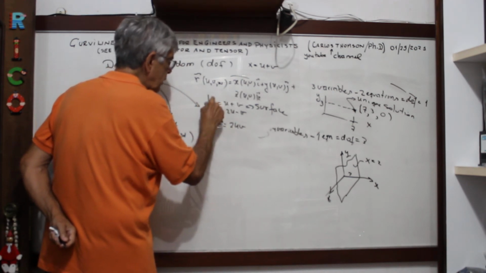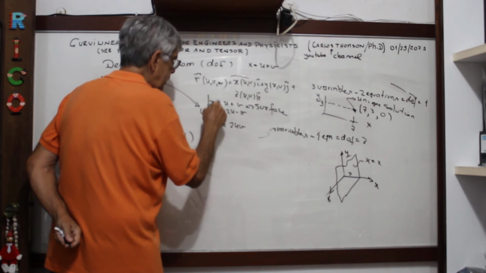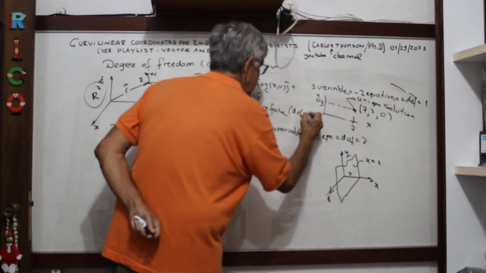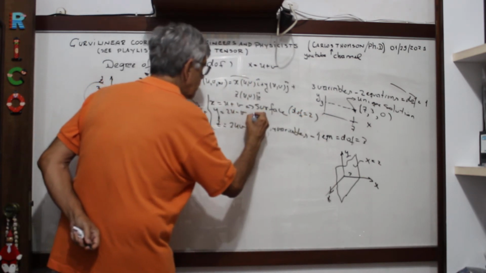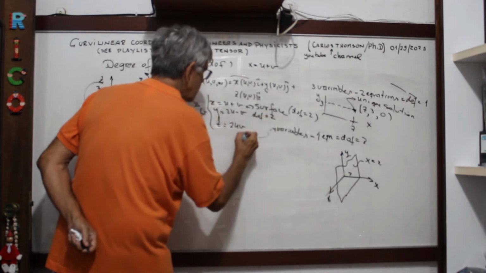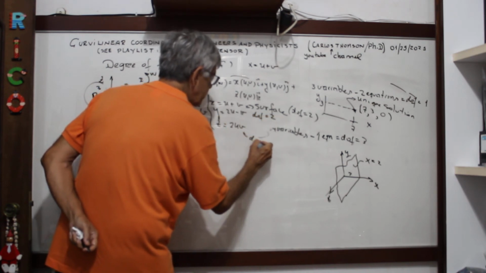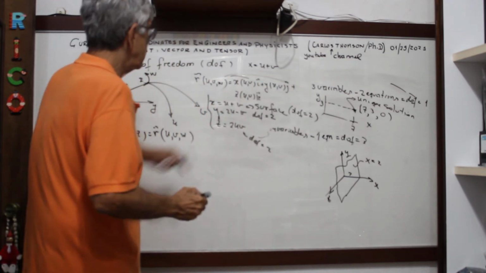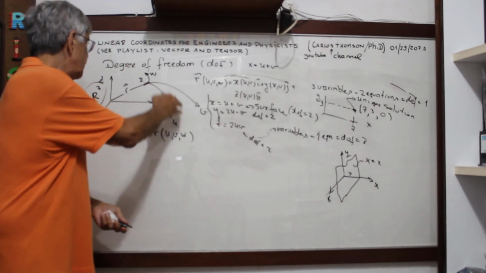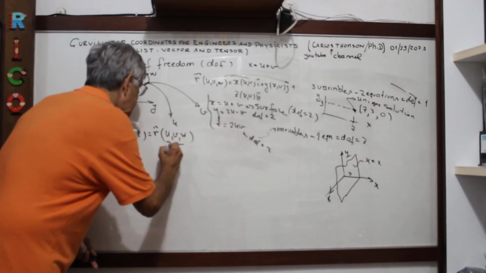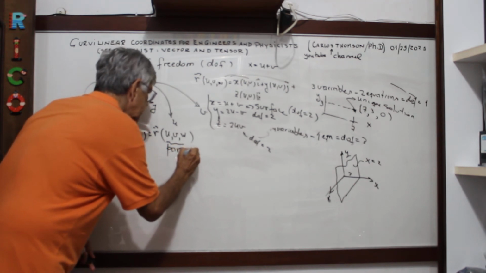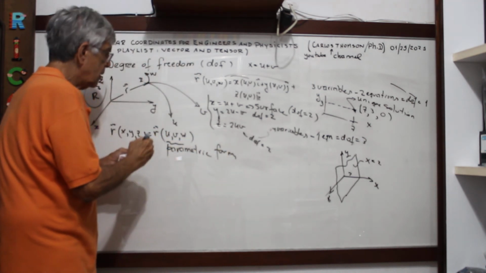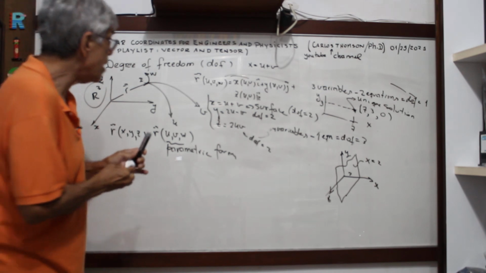Okay, I have 3 variables and one equation. Degree of freedom is equal to 2. So, this here represents a surface in a parametric form, okay. When I use curvilinear coordinates, this is a parametric form. Okay? Now, you have to be careful